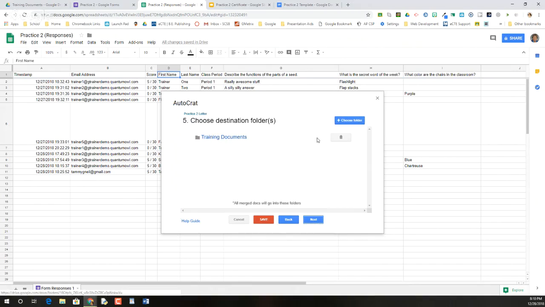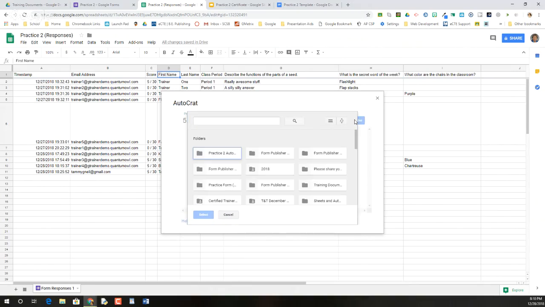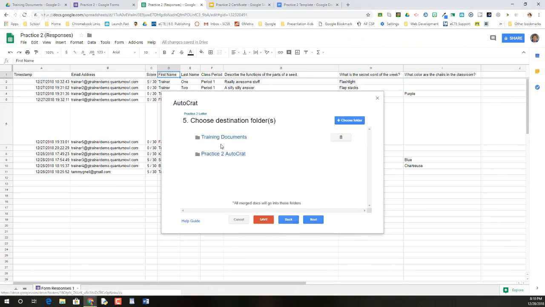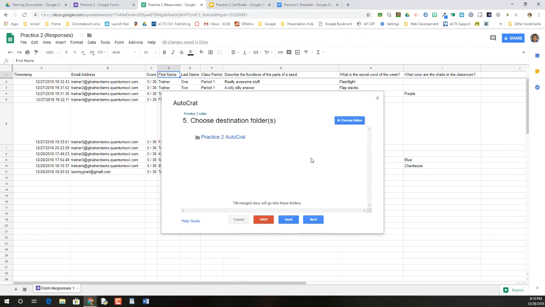Choose the destination for the folder. So I created a folder earlier so that all of my practices will go into the same folder. And I called it Practice 2 AutoCrat. I'm going to select that. Now I can have these go into both folders if I needed to, but I don't need them to go into this one. So I'm just going to click remove. And so now everything's going to go into Practice 2 AutoCrat. And I'm going to click